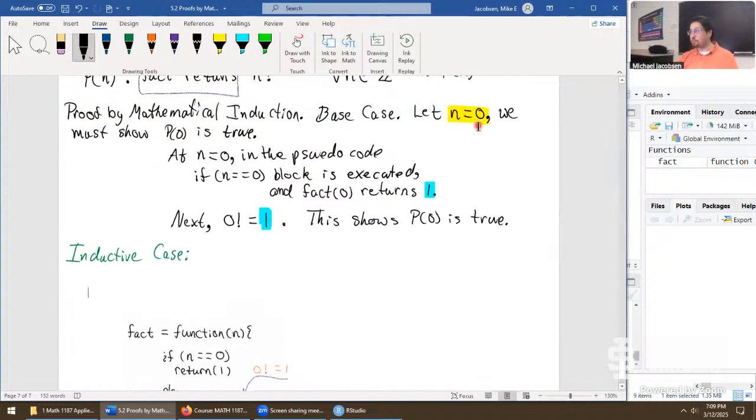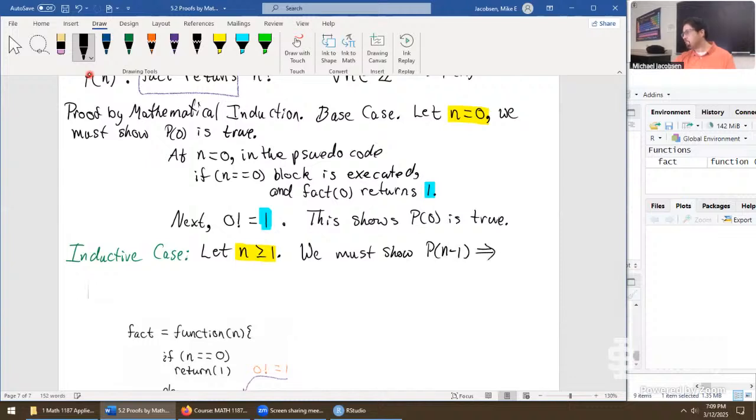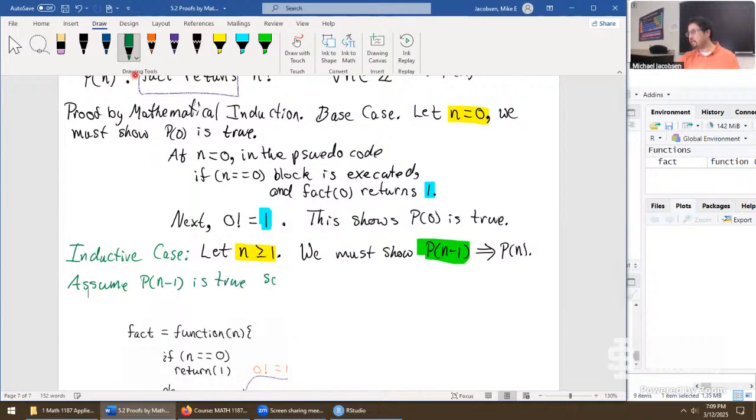n is now greater than or equal to 1. Next, we make an assumption. Well, let's say first, we must show P(n-1) implies P(n). We assume P(n-1) is true, so let's say that down below. Assume P(n-1) is true, so that